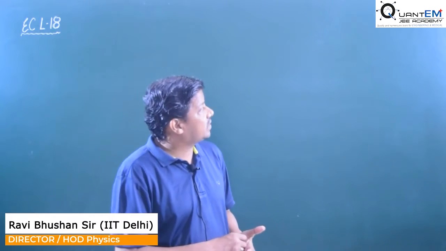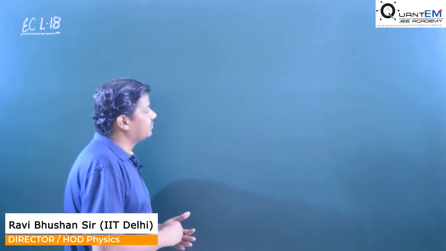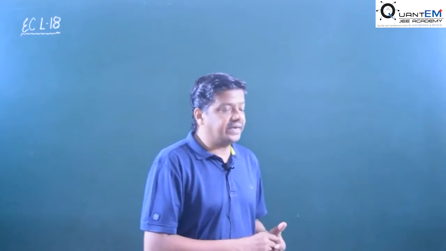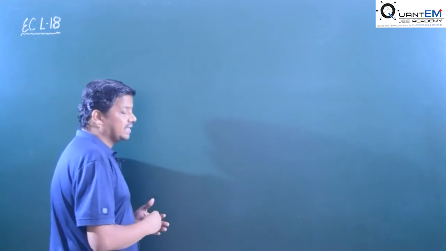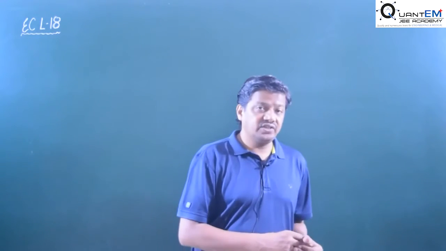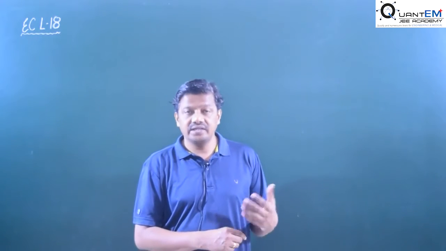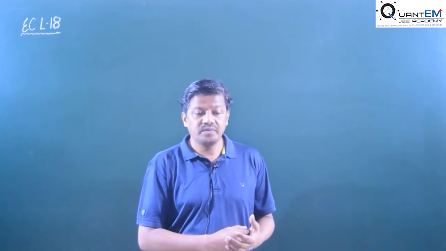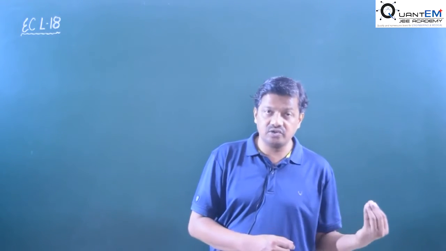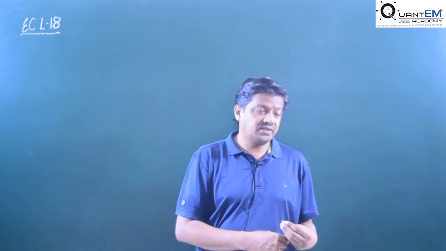In this class we are going to discuss transient current, and in the first part of transient current we have to study charging and discharging of a capacitor. Already we have done capacitors and resistors, the capacitor-resistor circuit, and the capacitor steady state circuit, but here we have to find the charge across the capacitor during the charging process or during the discharging process.